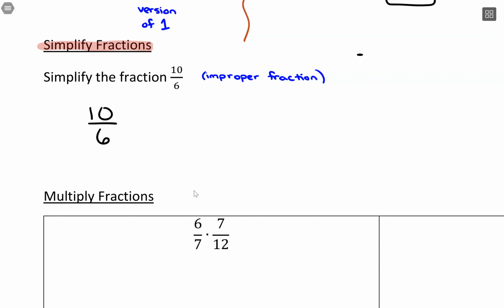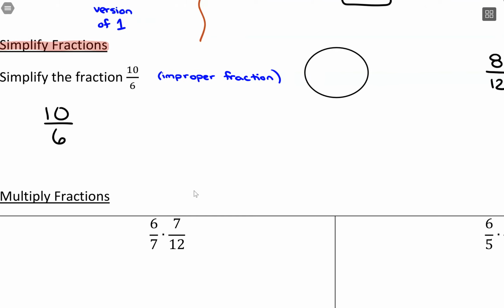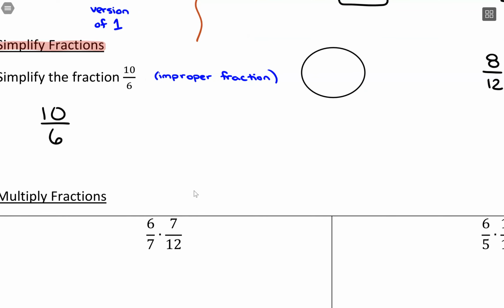In fact, I can go ahead and give a visual for this. If I divide up into 6 pieces, I have to do thirds first, and then I'll cut those in half. So we have these 6 pieces, but we have 10 of these. These each represent 1/6. So the idea is I need 6 of them, and then I need 4 more. So if I draw my picture over here,